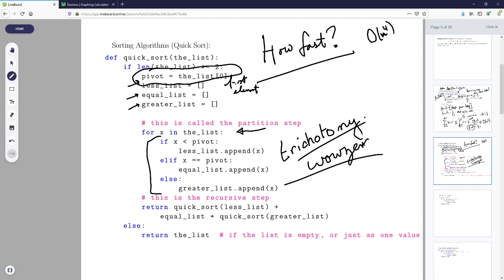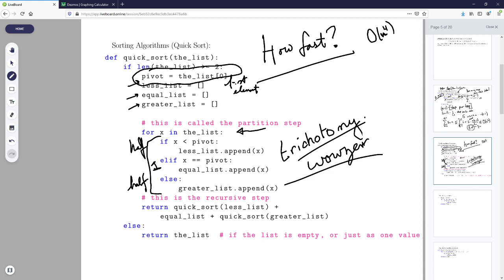All right, so basically the idea is you divide the list in thirds. We'll pretend that a third of the stuff goes into the less list, a third goes into the equal list, and a third goes into the greater list. Or maybe we can even pretend that half goes into the less and half into the greater, and we'll just pretend that maybe one thing goes into the equal list, though of course this can vary. But then this is a recursive function that returns a quicksort on the less list, a quicksort on the greater list, and then the equal list. So it adds them all together in the end.